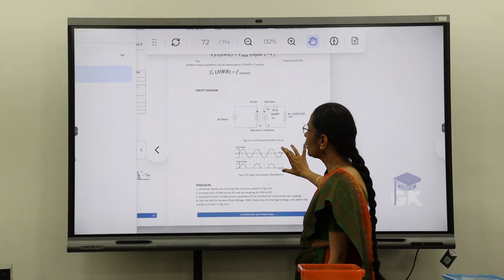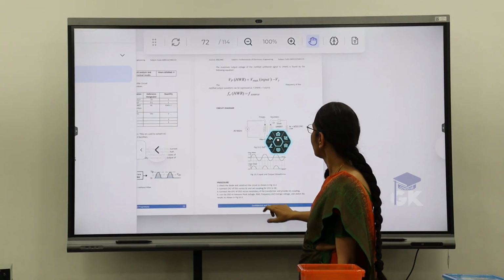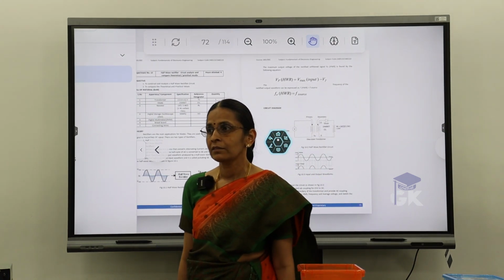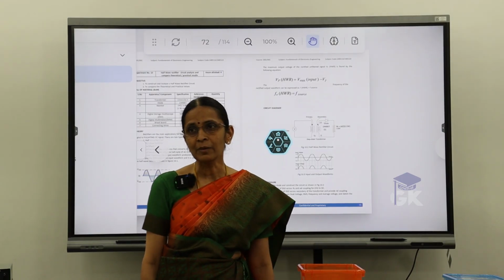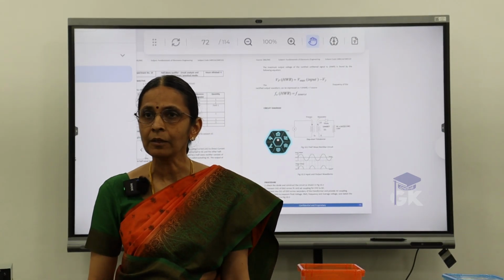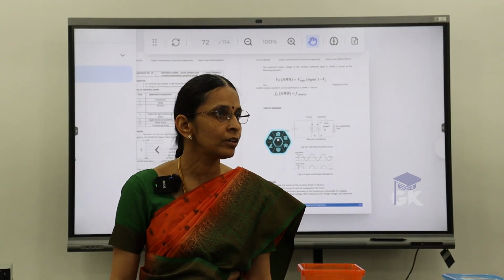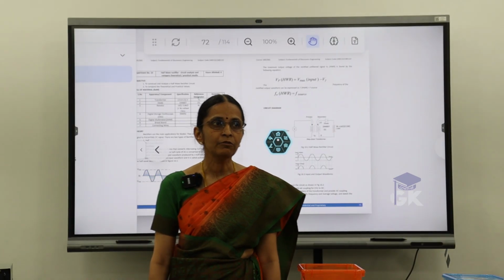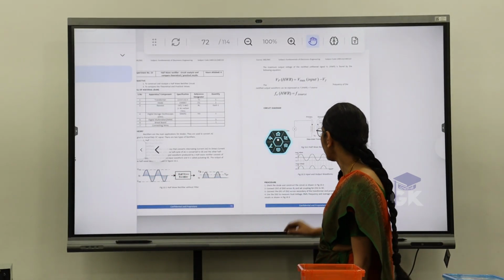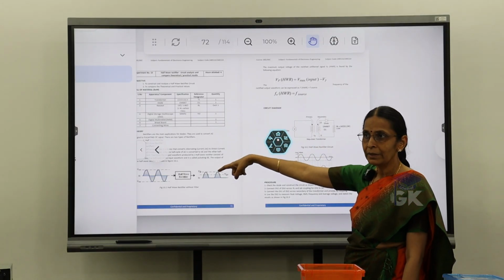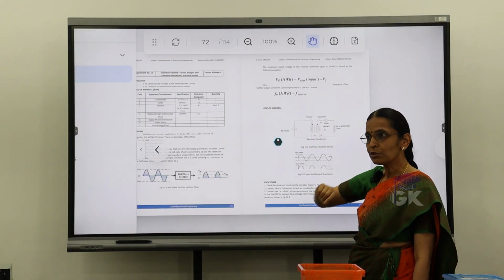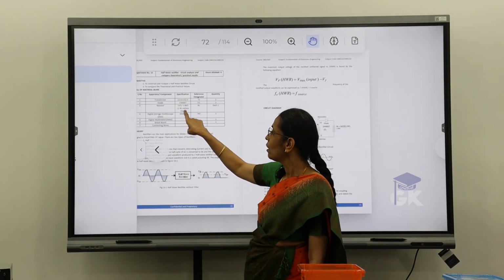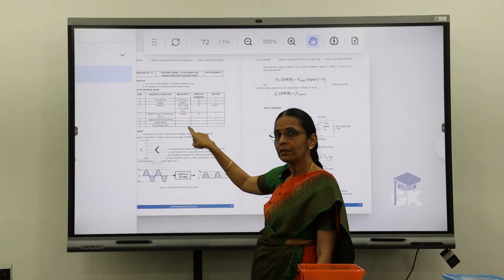And the resistors whatever we are using, what type are they? They're all carbon film resistors. I think you would have seen the types: carbon film, metal, wire wound. Have you or not? Yes. So whatever we are using is nothing but the carbon film resistor with a wattage of 0.5 watt. That is all listed here in the bill of materials, right? So whenever the student is writing, he has to specify everything: the specification of the resistor, its power rating, then the type of it.